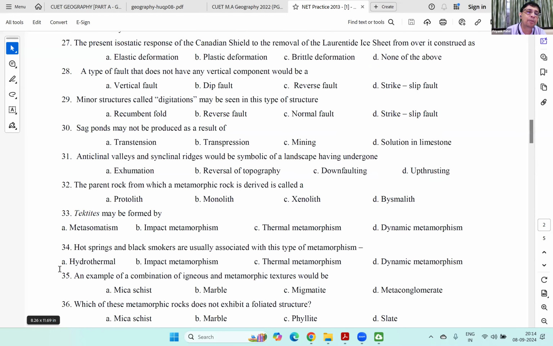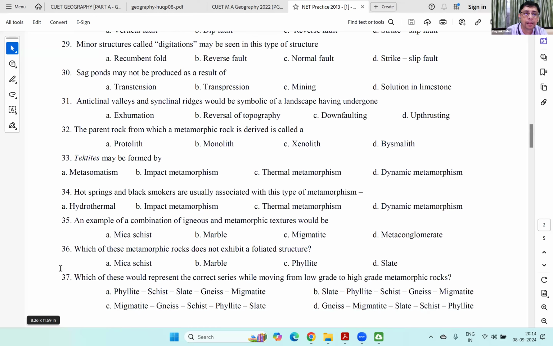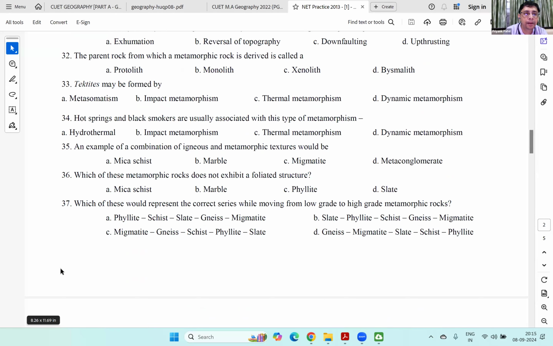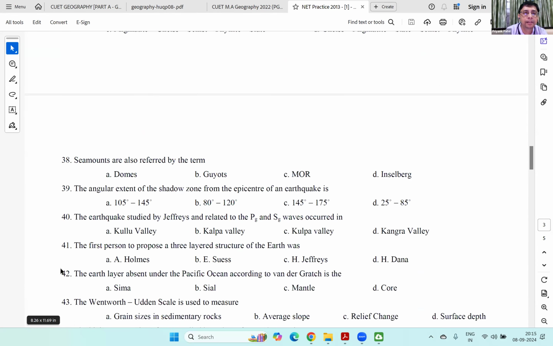Then which of these metamorphic rocks does not exhibit a foliated structure? Schist, marble, phyllite, slate. Foliations are the fine cracks or the fine beds that are there within a metamorphic rock. Okay, the fine planes that have developed. So it's marble. Marble is massive. Okay. Schist, phyllite, slate, these are all ফালা করা যায়. These are all platey structures. Okay, প্লেট থাকে. All right, and yeah, I think let's go ahead.